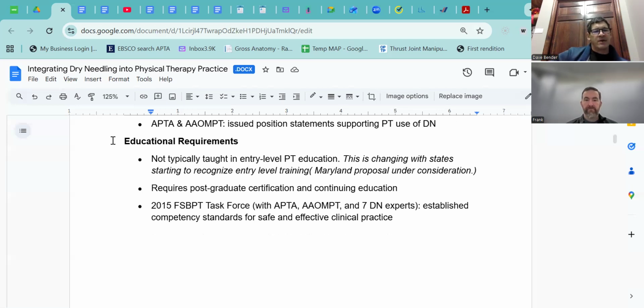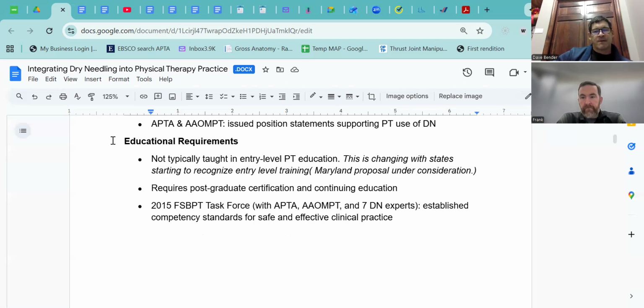Educational requirements: dry needling is not typically taught in entry-level PT education. That was at the time of this article, though. This is really changing. Many states are looking at getting it into the curriculum, and some states are starting to recognize it. Maryland, for instance, is now looking at changing their requirements to allow physical therapists at entry level to meet the requirements for needling